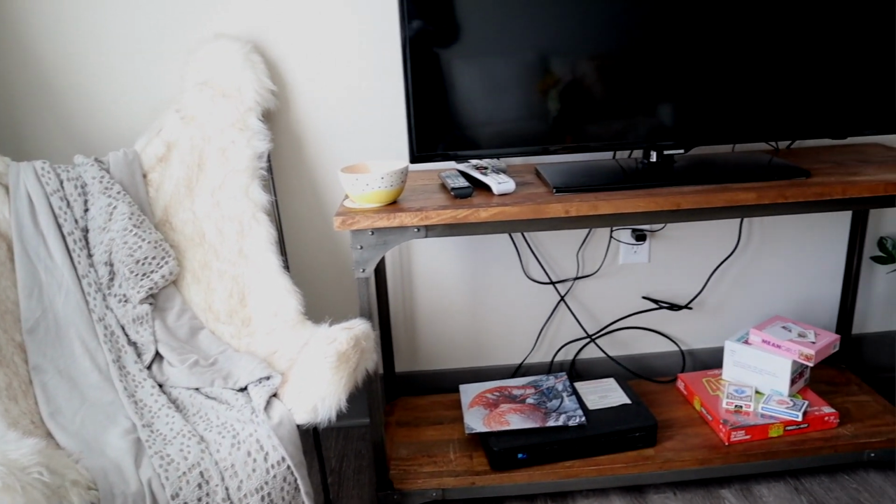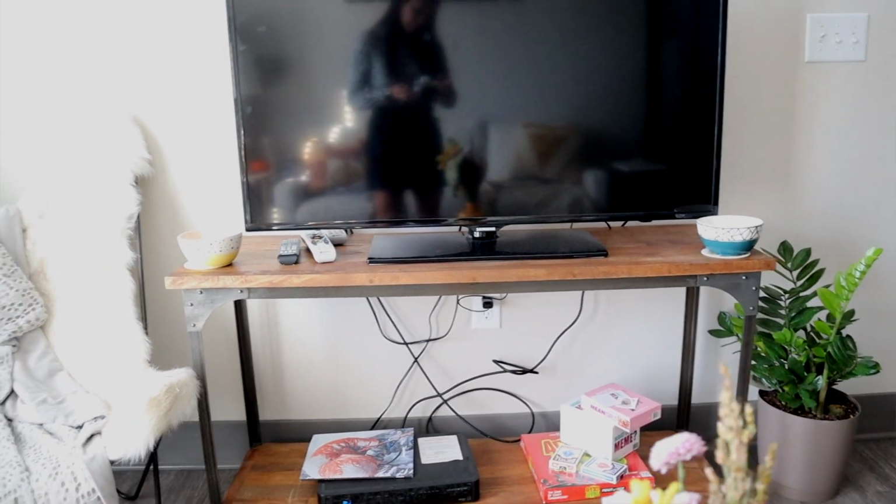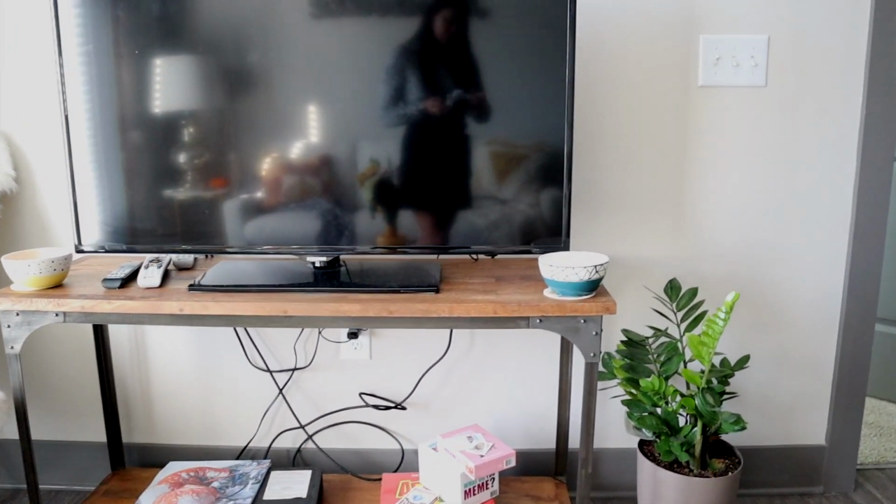This TV and TV stand also I brought from my home. I'm not sure where they're from, but it works great just to have a nice big TV. And I like how the TV stand is wood and metal. The metal matches that Nashville sign. If we were to buy our own TV stand, I probably would have bought just an all plain white IKEA TV stand, but I really like how this one has a little bit more of a cozy industrial